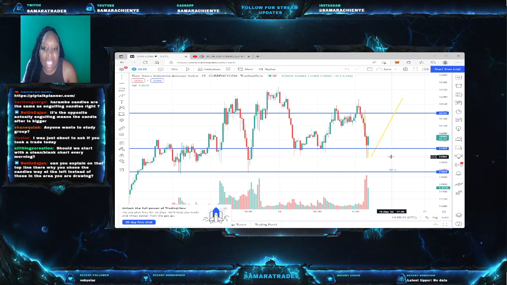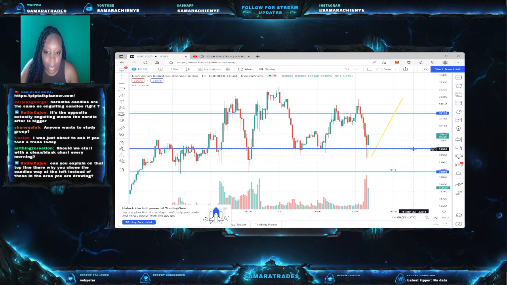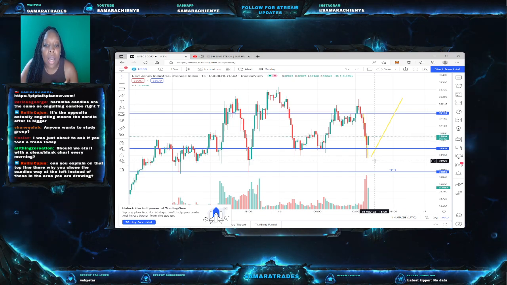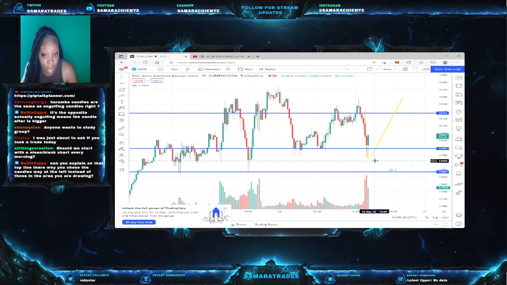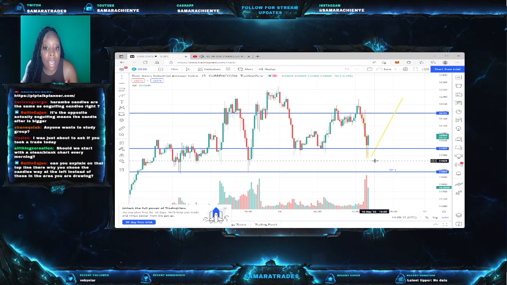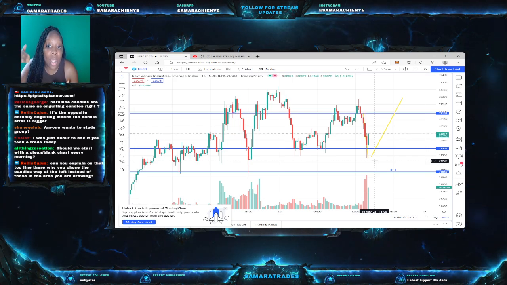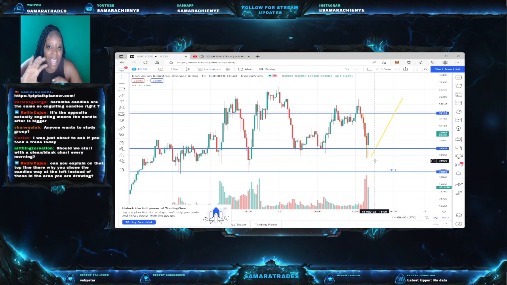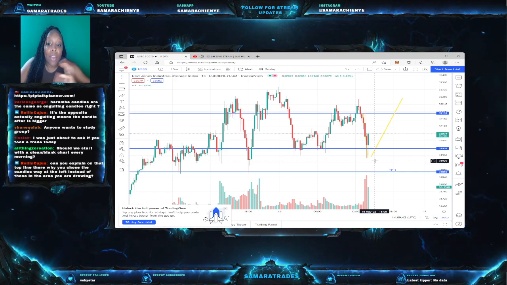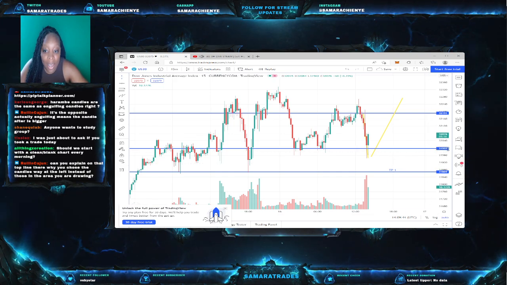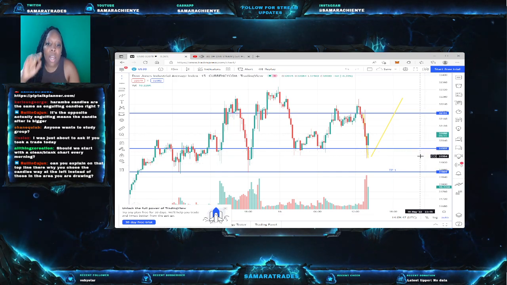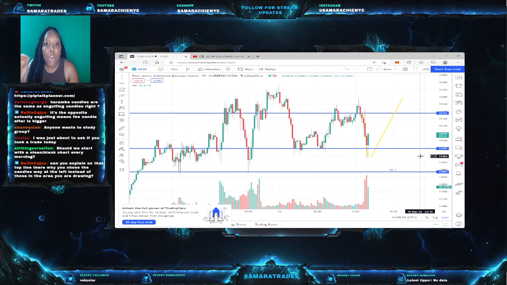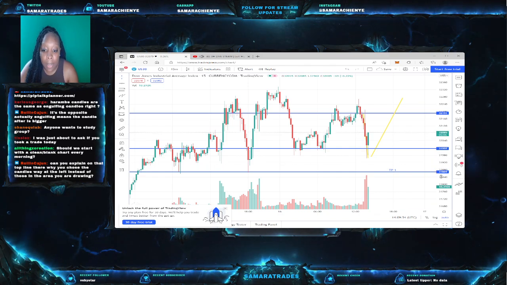So if I was very eager to get into a position here, right? I would have got in for a sell stop, right? Because a sell stop means I want my trades to go in for a sale, but I want the market to have me activated at this price line, which is 31997. So when you do a pending order, they're going to ask for the price line. You put the price line that you want your trade to be active. From there, you put your TP. This could have been your TP.